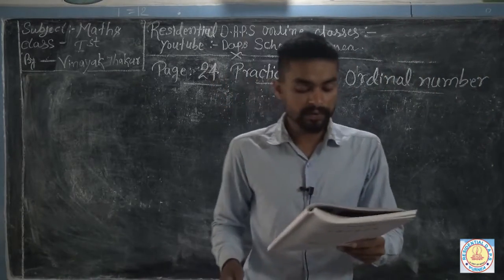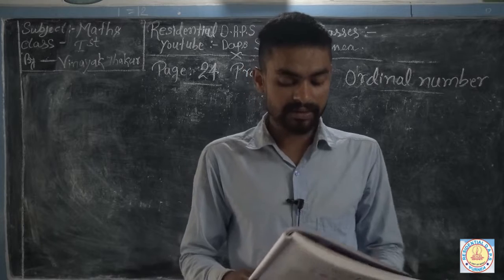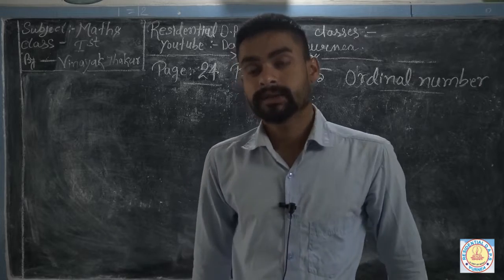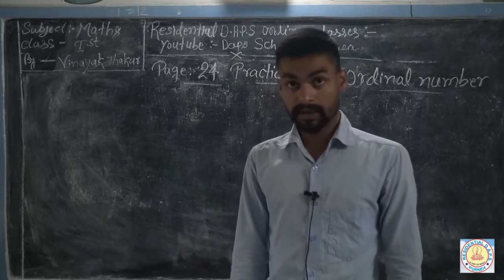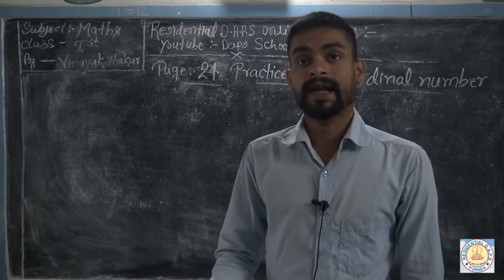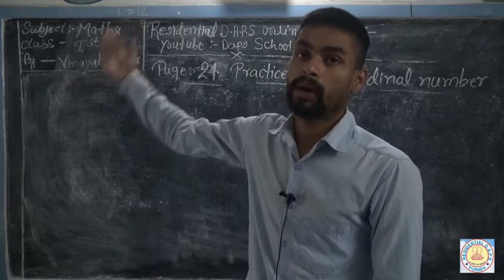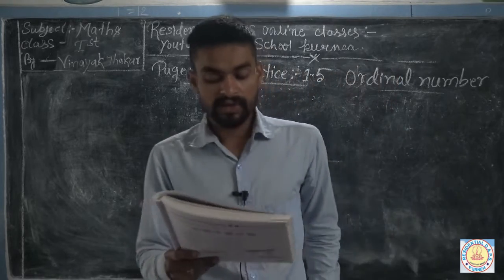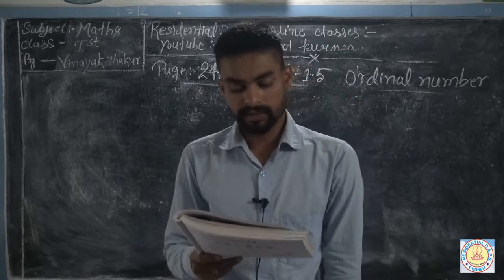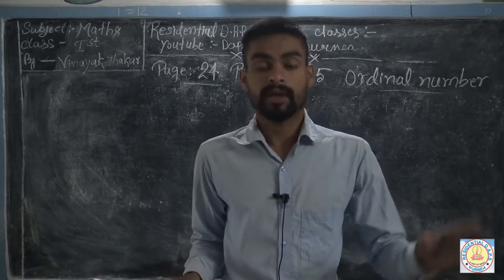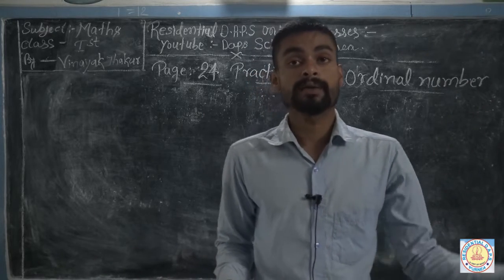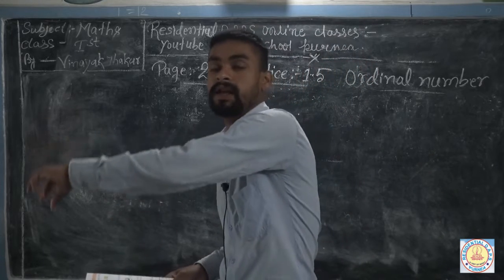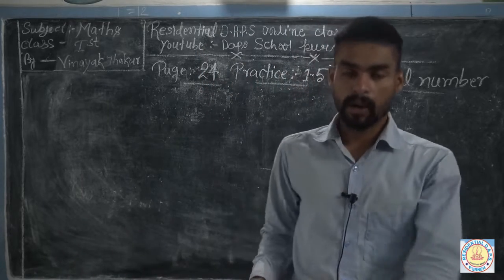So guys, I'm going for your question number third. Here it says that January is the dash month of the year. We also know that January is the first month of the year, February is second, March is third, and all the months are counted according to their positions. So January is your first month. You have to just remember, because if we count our months and write them in our copy, at first we write January, then February, then March, then April, then May, and all the months come up.